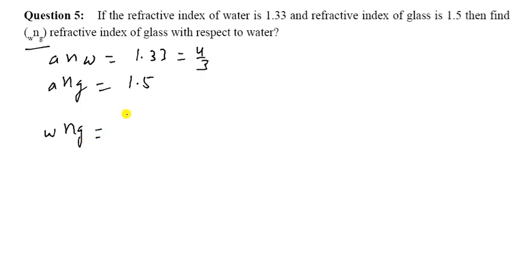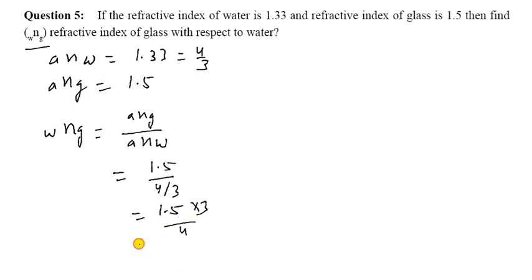If we divide both by c in the above equations, you can see here v1 upon c and v2 by c. So v1 upon c and here c upon v2. So you can write 1 upon n1 into n2, so n2 upon n1. Thus the refractive index n21 is equal to the refractive index of the second medium, that is n2, upon the refractive index of the first medium, that is n1.